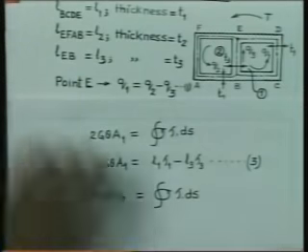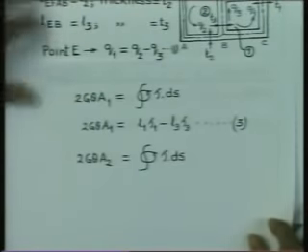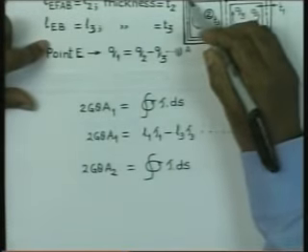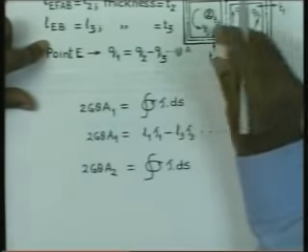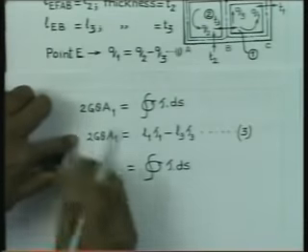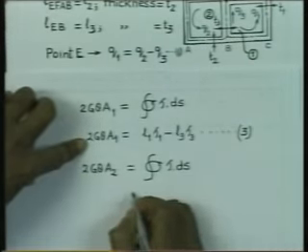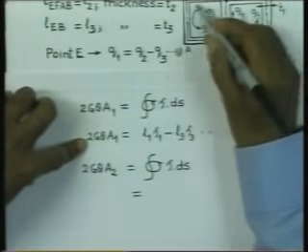For this closed contour, again the thickness is constant from E to F, F to A to B, and the flow is Q2. So, we can take the shear stress to remain constant,